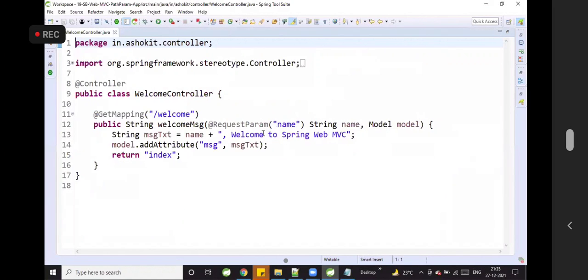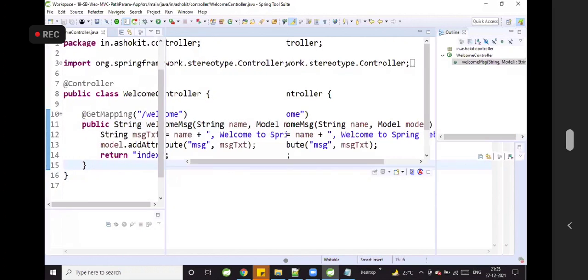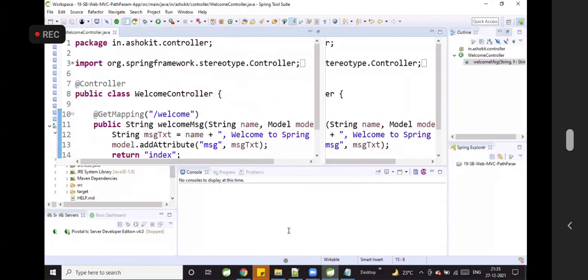Now here we should not go for request param. The remaining things are the same. Now look at this, there is a small difference.